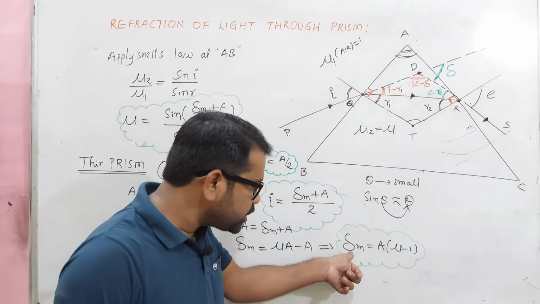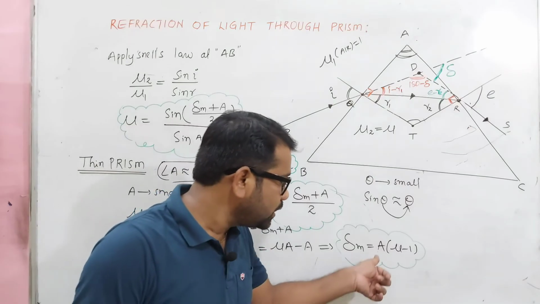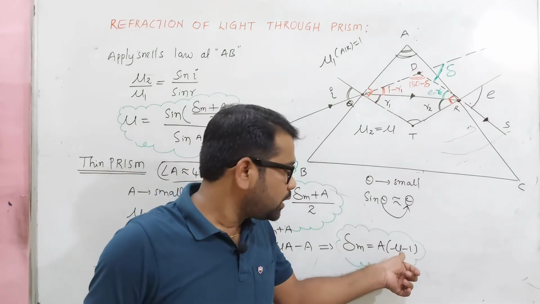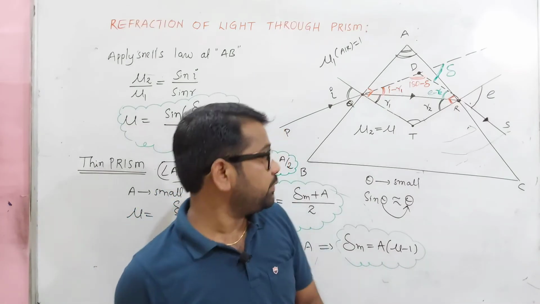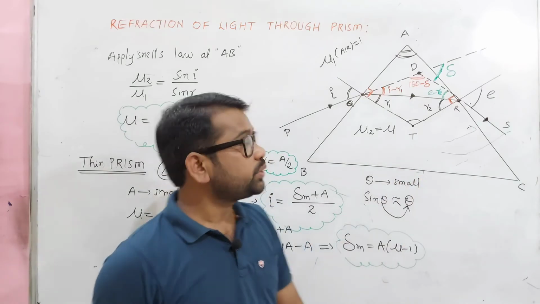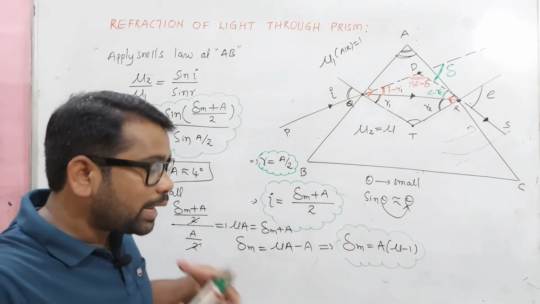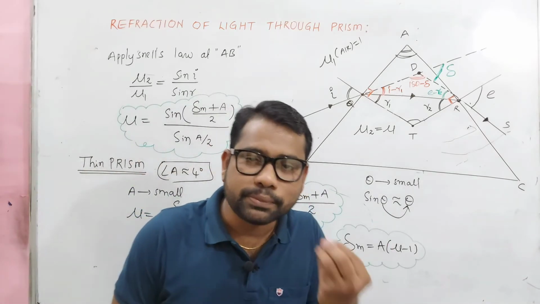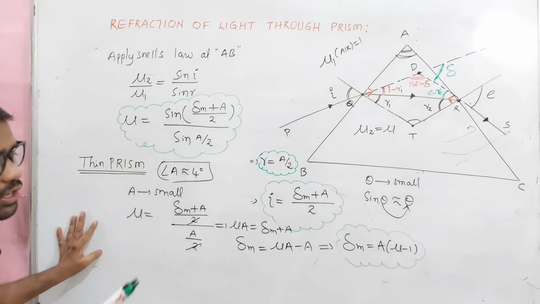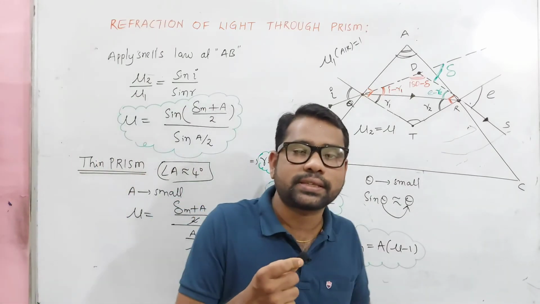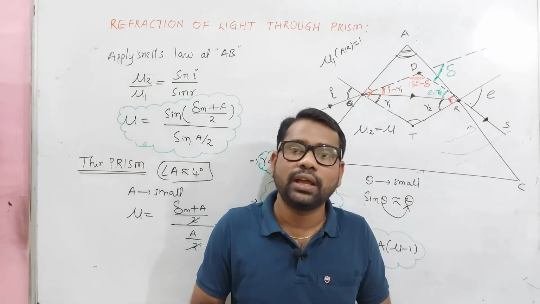This angle of minimum deviation depends on A, that is the angle of the prism, and mu, which is the refractive index of the prism. So dear children, this is how light undergoes refraction through a prism. It's very, very important. Now dear children, before going to discuss what the angle of deviation is and on which factor it depends,